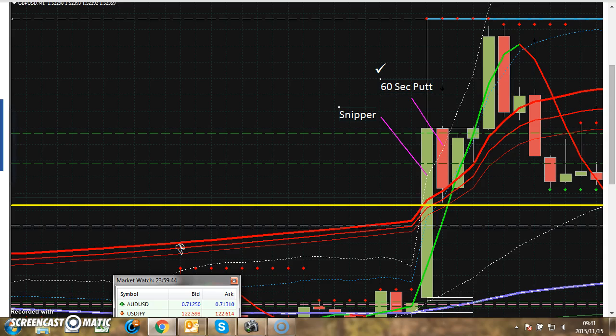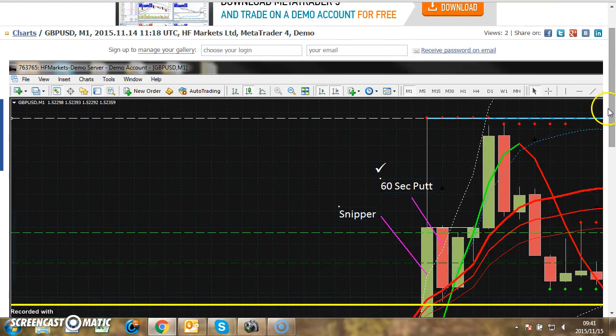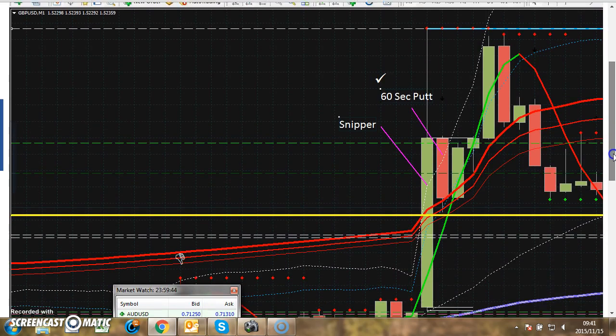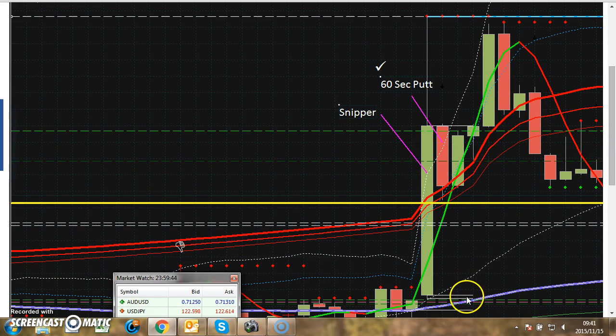All these trades I show you guys happened in 1 day, in like 8 hours. There were plenty of them. I can't show them all, but let's see how many I can show. Again, here's the price, and suddenly this price goes through this yellow line and goes all the way up. And as it closes, I ask just one question. Comparing the size of the body to the wick, is it between 65 and 80%? In this case, I say yes. So what I do is at the next bar open, I take a 60-second put, and what an easy win.